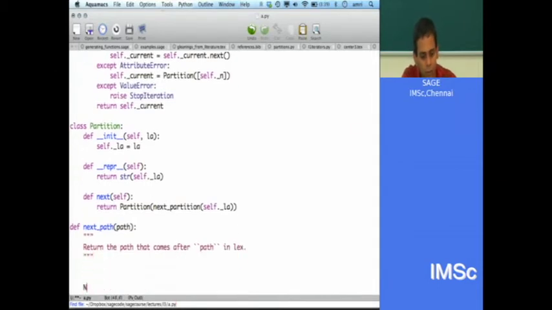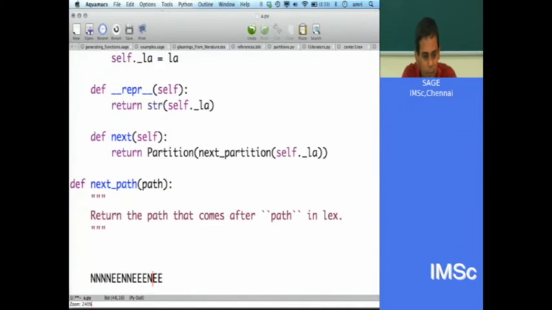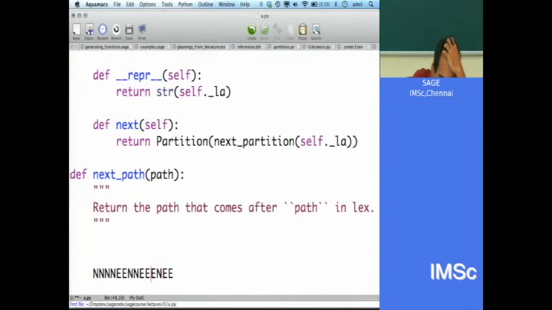So suppose we have something like this, with seven N's and seven E's. This looks like a good example of a path.